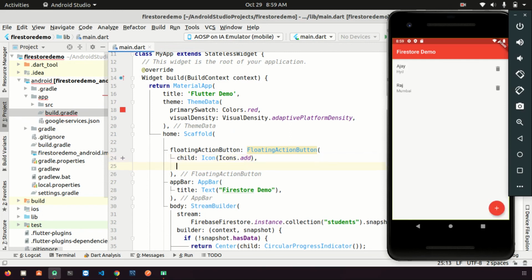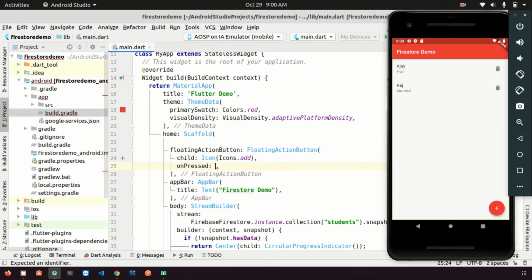Fine. Then I'm adding a hard-coded value here. If you want, you can create one form and take the value from the user. You can read the value from that text field and add it, right? So I'm just taking the hard-coded value and I will pass it from here.